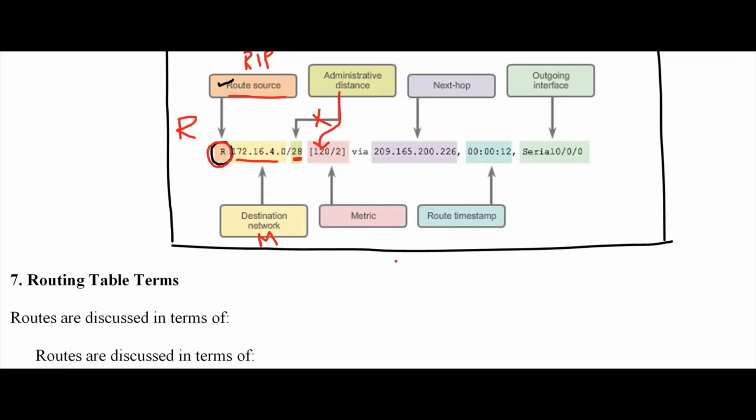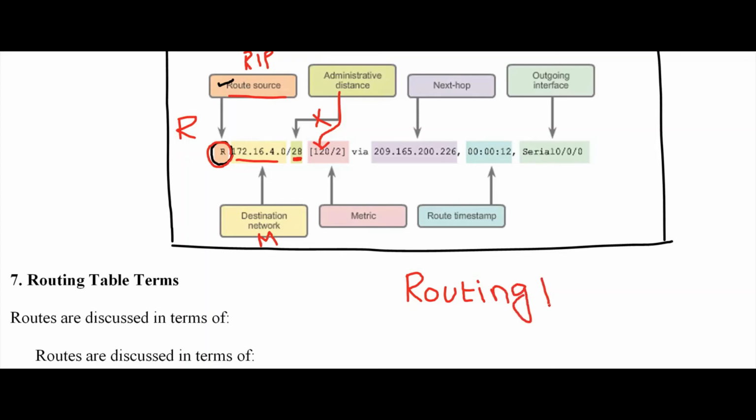Now I'm going to give some technical information here. Listen carefully. There are plenty of routing protocols available. We are going to study only 2: the RIP protocol and the OSPF routing protocol.